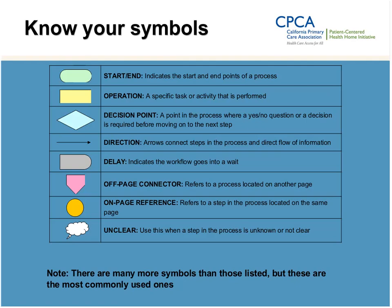There are some classic symbols that are used that I'm sharing here. For example, the green dot, think of go, red, yellow, and green on the stoplight. The green is where you start. You can also think of the green as where you end. So you can have a green dot and the yellow to reflect operation. So we tend to rely on yellow sticky notes as a symbol for the operational points, and then we tend